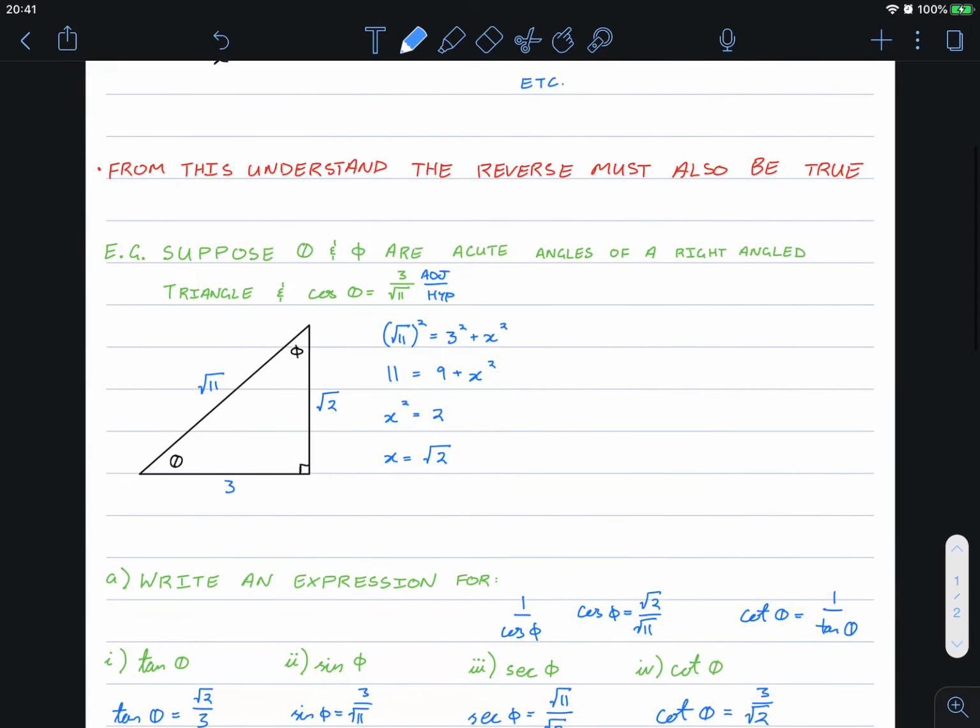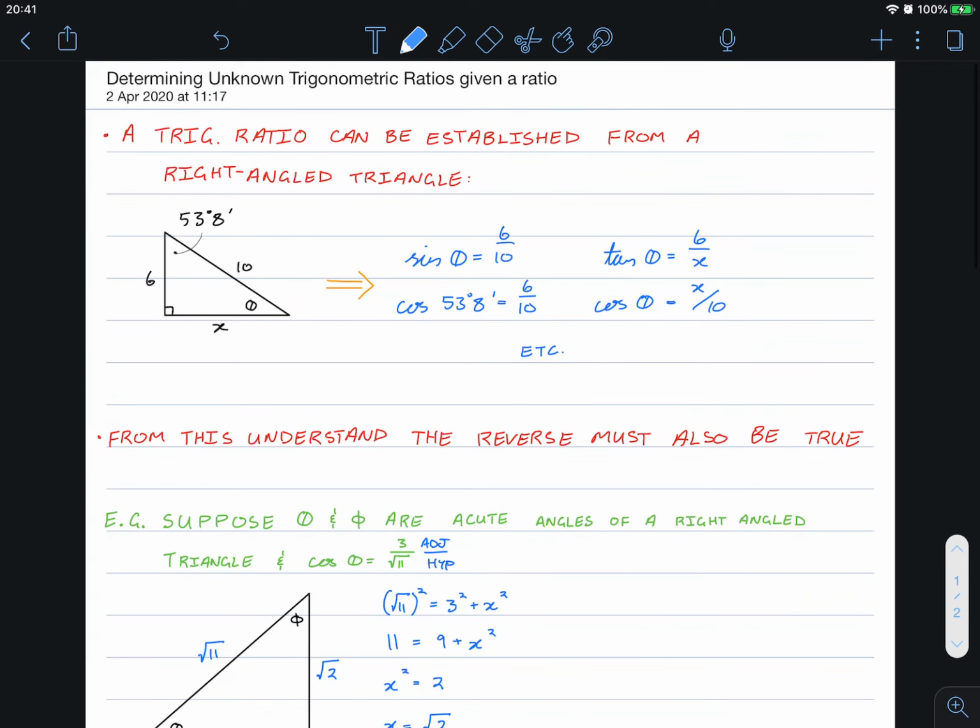So I hope that gave you an insight into determining unknown trigonometric